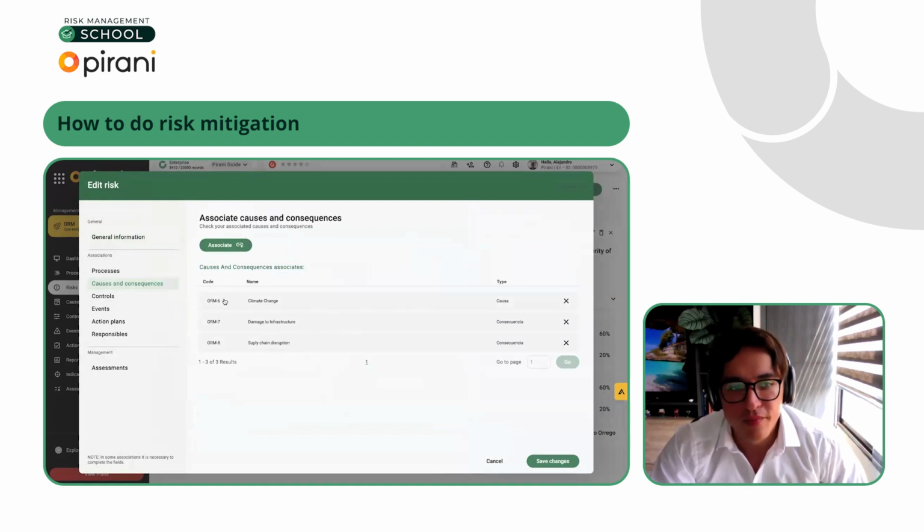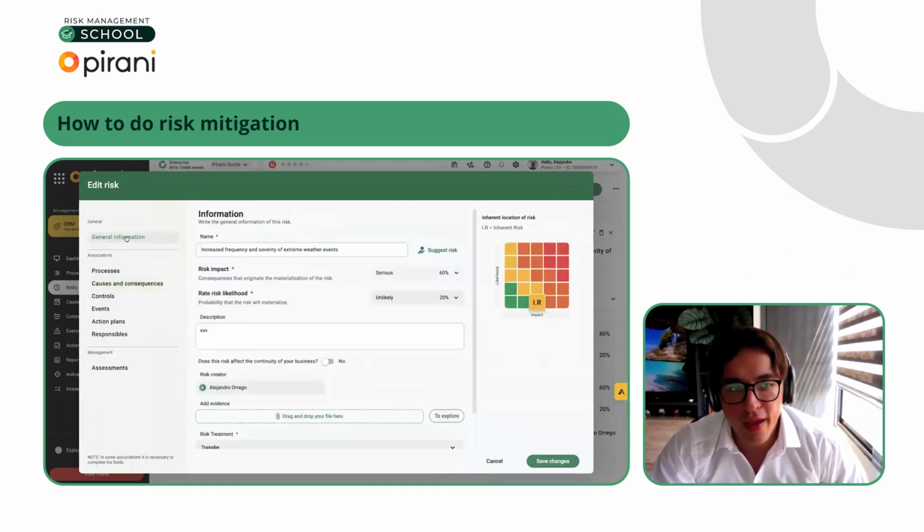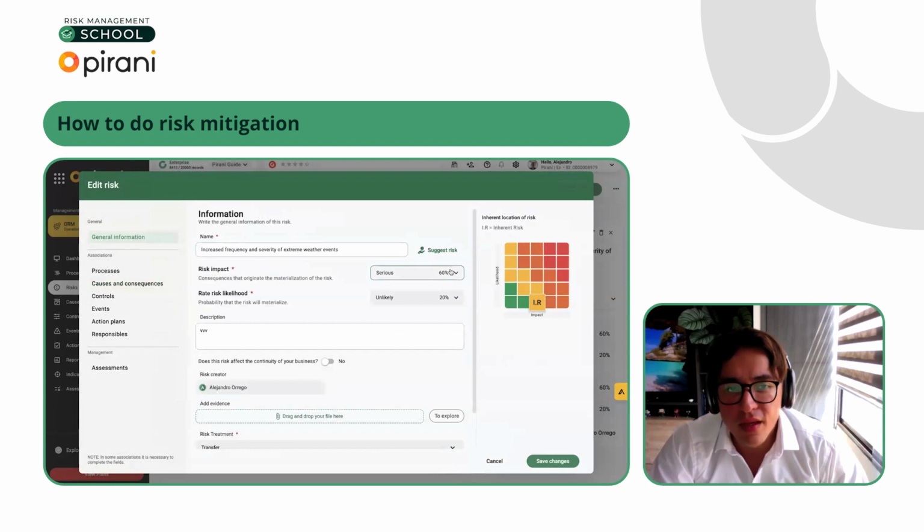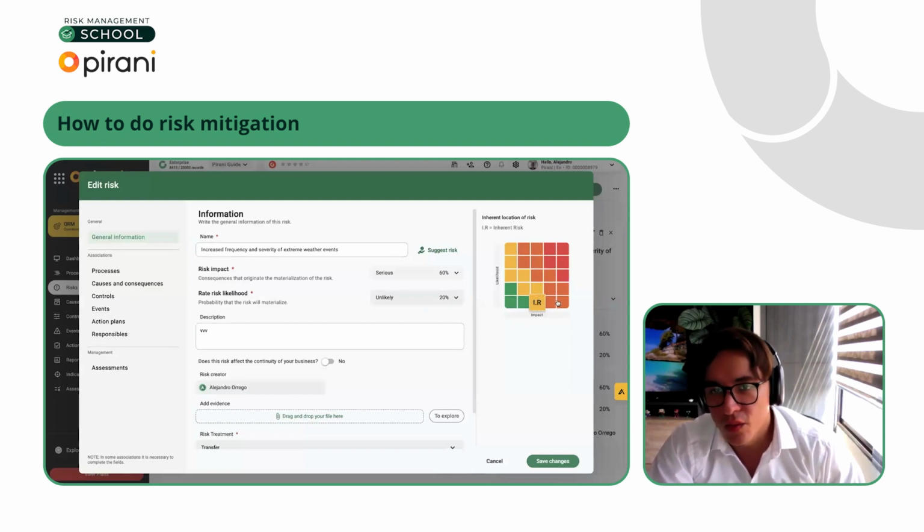But you can just put all the description if you want. And in this example, we're going to have the impact and likelihood of this risk. In this case, the impact is serious and the likelihood is unlikely. So this gives me a location in the yellow area of the inherent risks.